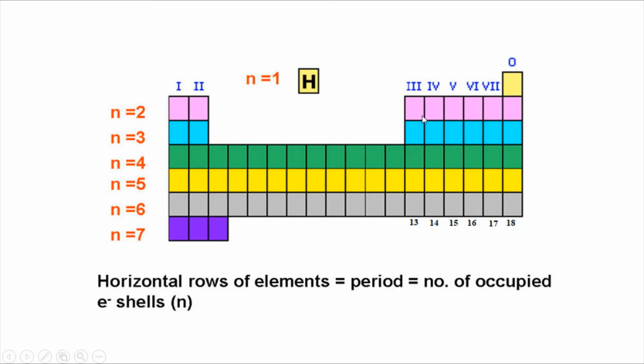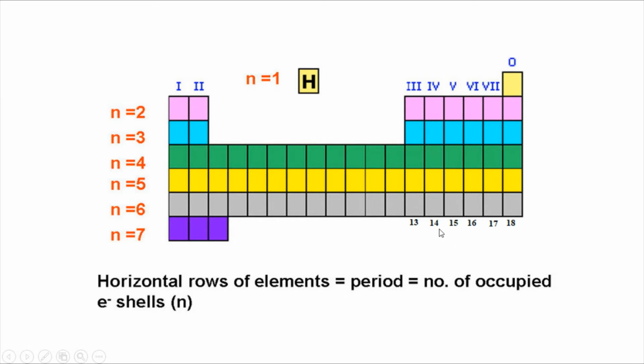13 തൊട്ട് 18 വരെയുള്ള എലമെൻസിൻ്റെ നമ്പർ ഓഫ് വാലൻസ് ഇലക്ട്രോൺസ് അവരുടെ ഗ്രൂപ്പ് നമ്പറിൽ നിന്ന് 10 കുറവായിരിക്കും. അതായത് number of valence electrons in group 13 is 3, number of valence electrons in group 14 is 4,